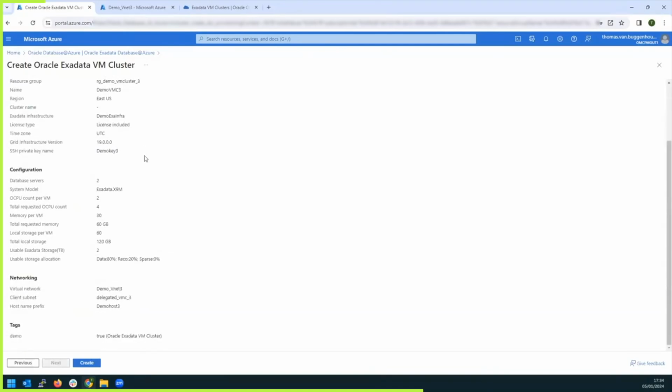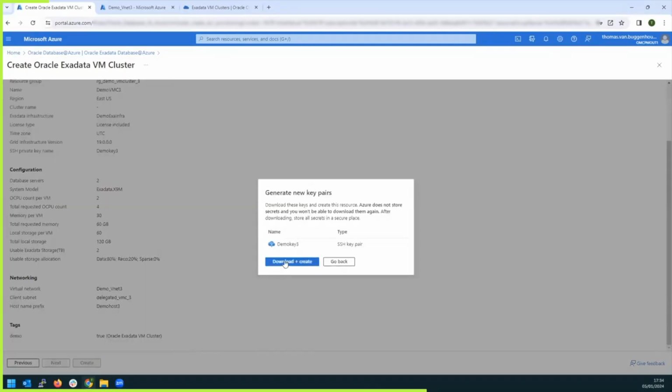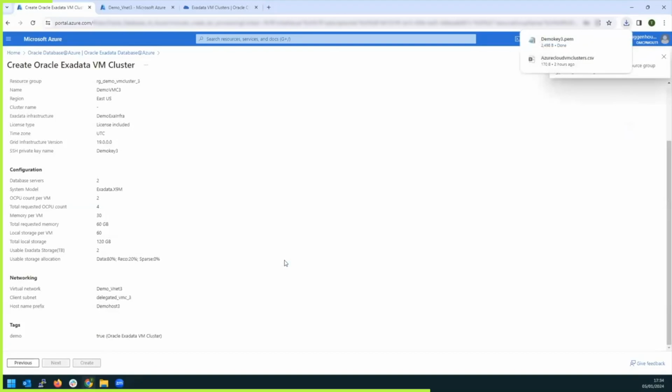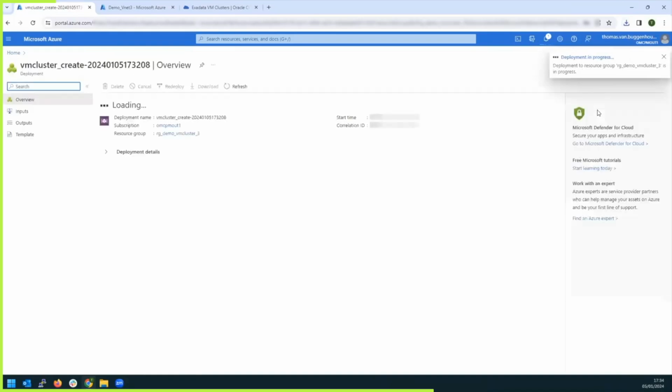And then if everything is correct, we click create, and this will create the VM cluster. And in the meantime, you can also download the SSH key, which is created for this cluster. So this is creating. The cluster itself will take a few hours to create,